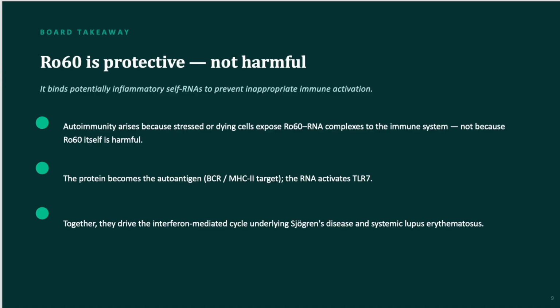So for boards, remember this takeaway. Ro60 is protective. It binds potentially inflammatory self-RNAs to prevent inappropriate immune activation. Autoimmunity develops not because Ro60 is harmful, but because stressed or dying cells expose the Ro60 RNA complexes to the immune system. The protein becomes the autoantigen, the RNA activates TLR7, and together they drive the interferon-mediated cycle of Sjogren's